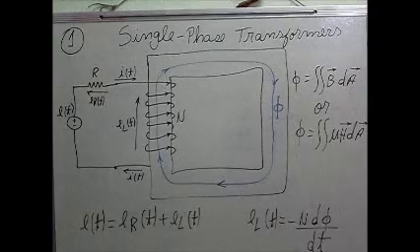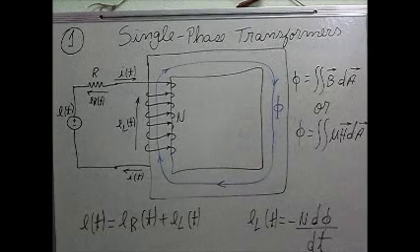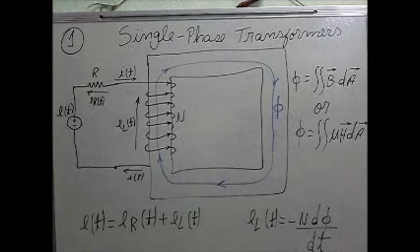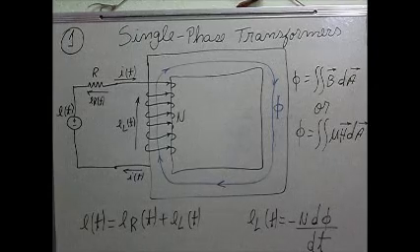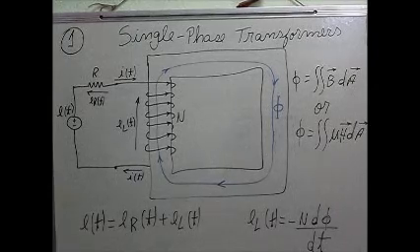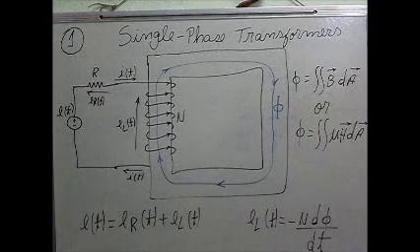So if we make the double integral of the permeability, which is a constant, times the magnitude of the magnetic field through a surface, we're gonna get phi. Phi is the flux,